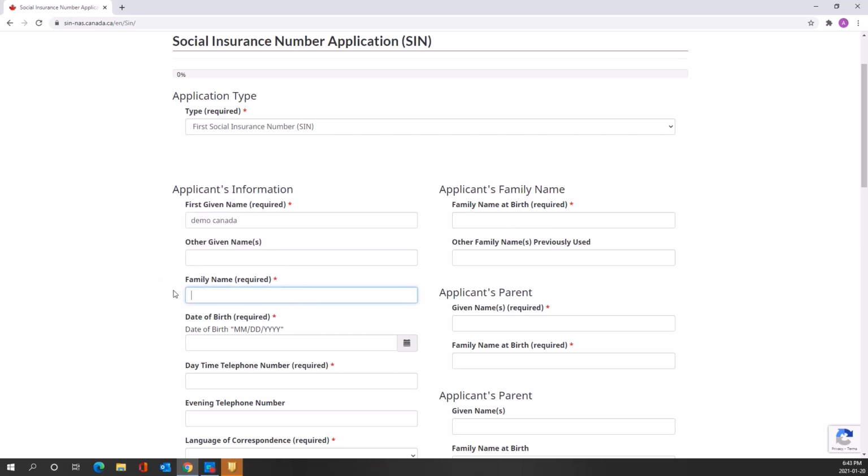After that, put your family name, which is mandatory, extremely mandatory in Canada. So put your family name or surname, which is shown in your passport. Also here, applicant's family name, so you have to enter your family name like a surname at the time of birth. I believe it will be the same, so I'm writing down the same. Now scroll down,